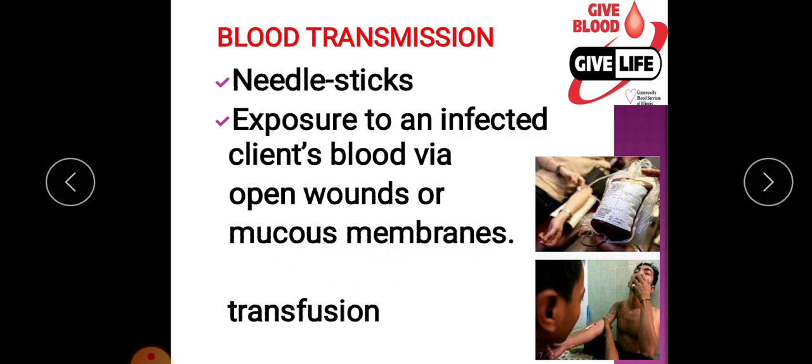So mucous membranes, just like an opening in our mouth, in the vagina, in the anus, or in the penis, in those mucous membranes. So meaning to say that the virus can be transmitted by this means, and also via blood transfusion. So long before, blood transfusion was one of the risk factors, but right now the blood transfusion is safe